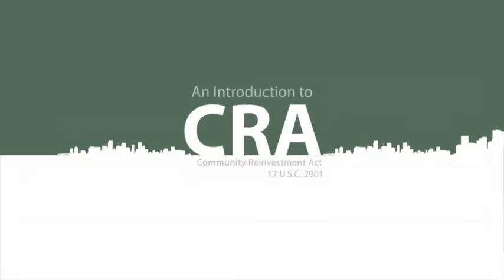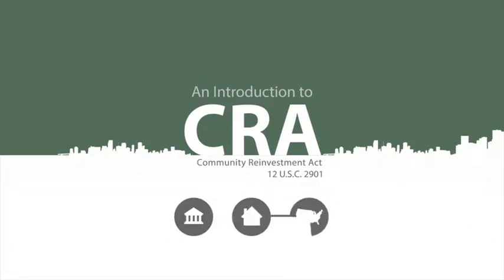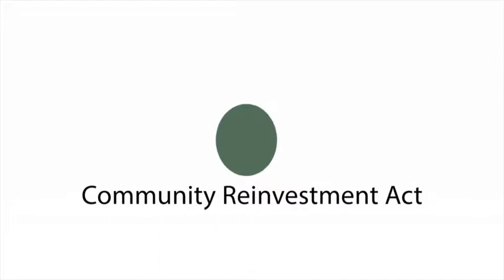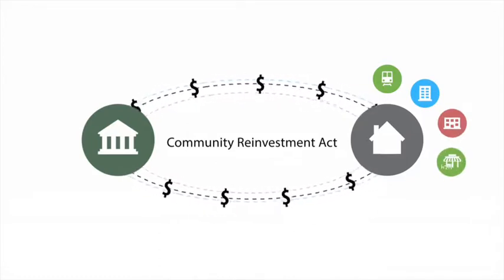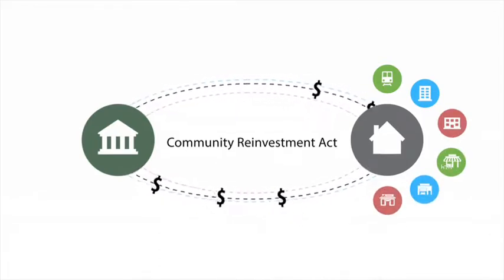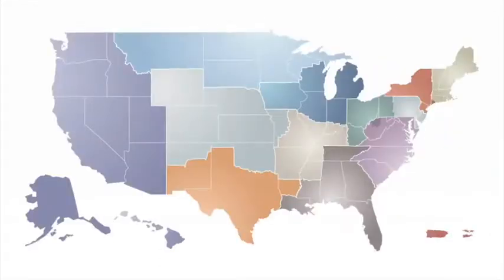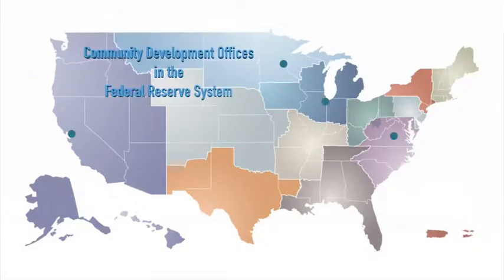Enacted in 1977, the Community Reinvestment Act, or CRA, encourages financial institutions to help meet the credit needs of the communities they serve, including low and moderate income neighborhoods, consistent with safe and sound banking practices. This video is part of a series on CRA topics produced by community development offices in the Federal Reserve System to inform the public about the CRA and how it helps bring much-needed capital into low and moderate income neighborhoods